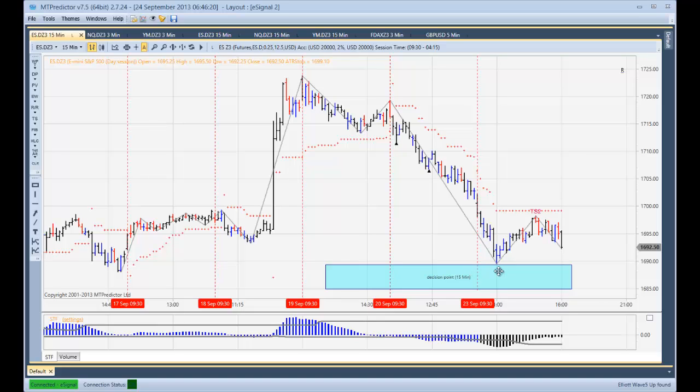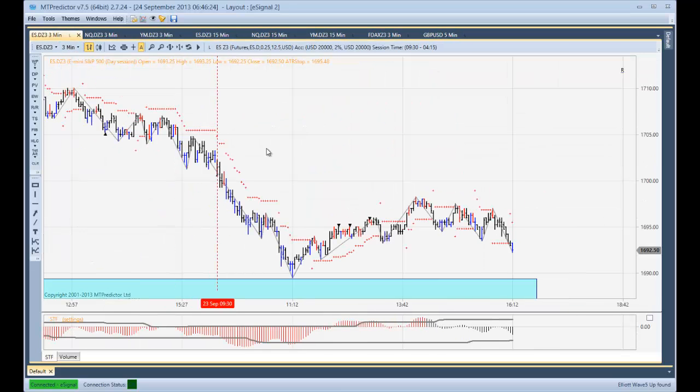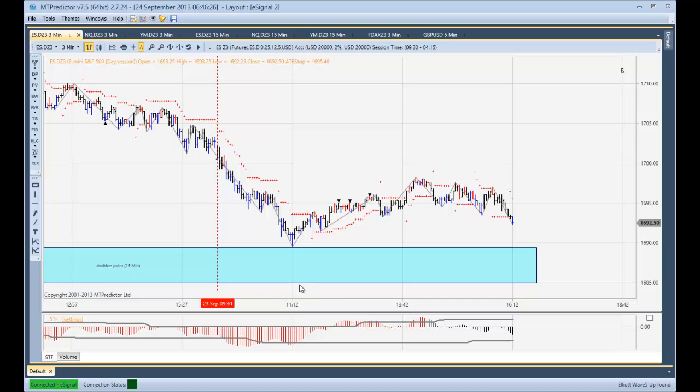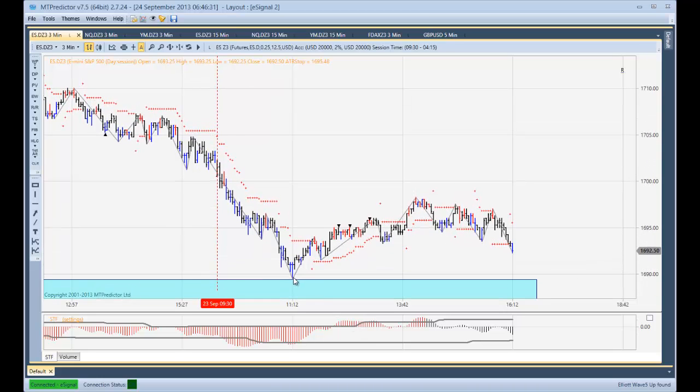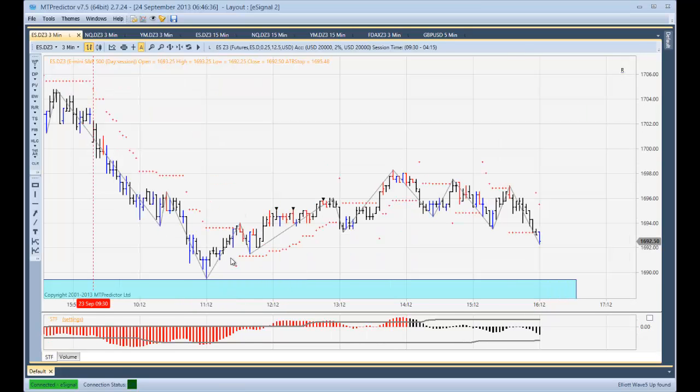So that's the 15-minute support zone. If we now come back to your 3-minute chart, you can see there it is. There's our 15-minute support zone, and the market just about clipped it there for larger degree support. So what does that mean? Well, what it means is as the market was coming up here,